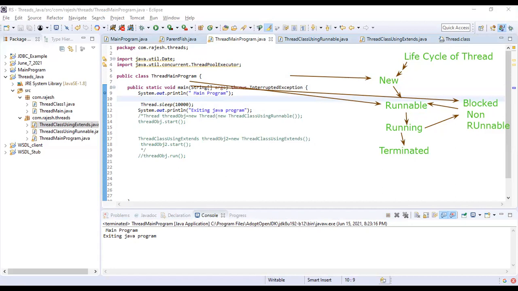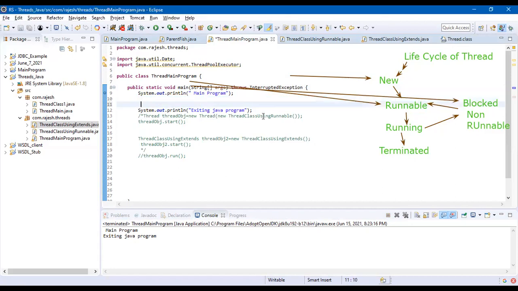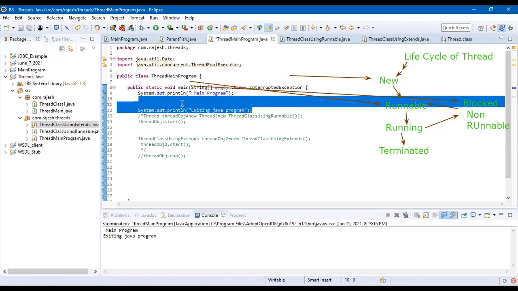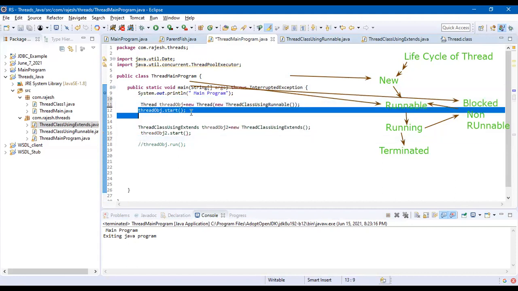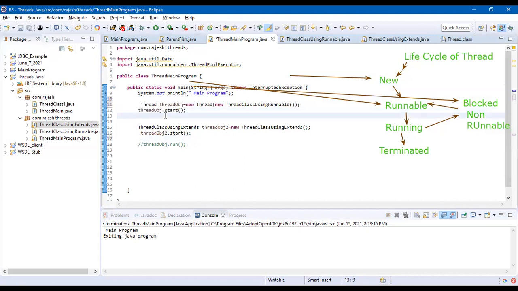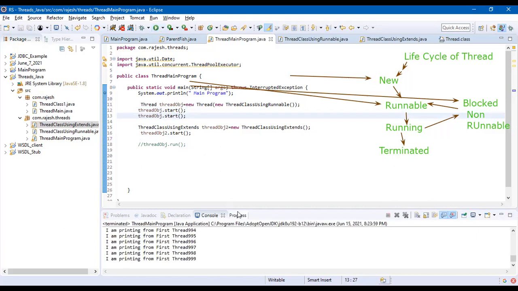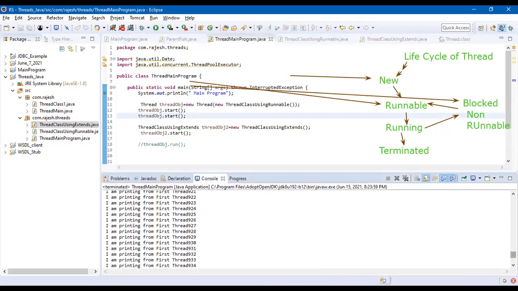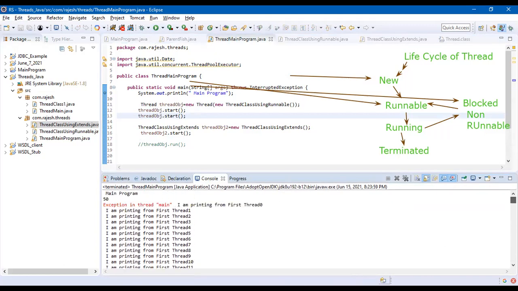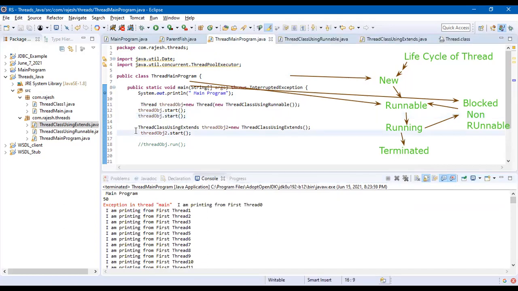And next is, coming back to our thread now, can I call thread.start two times? What will happen? Nothing is going to happen.